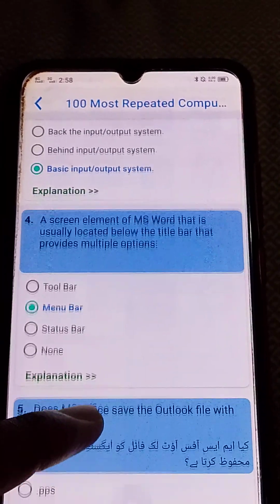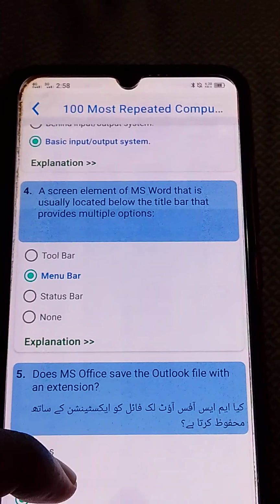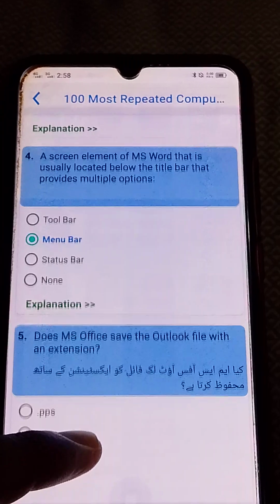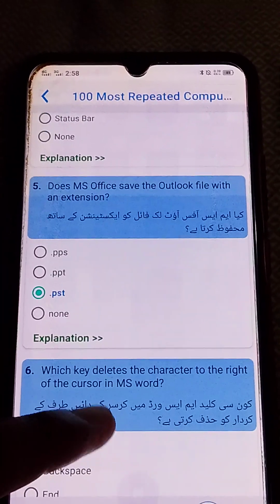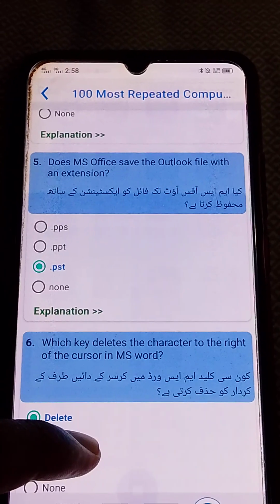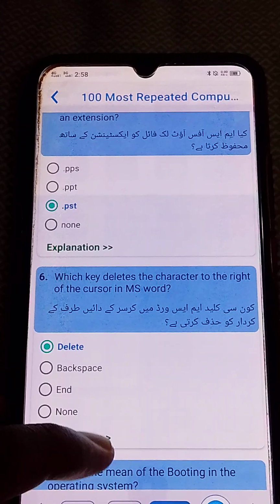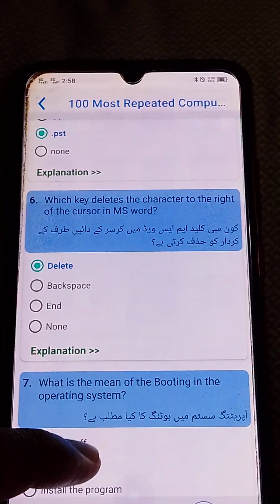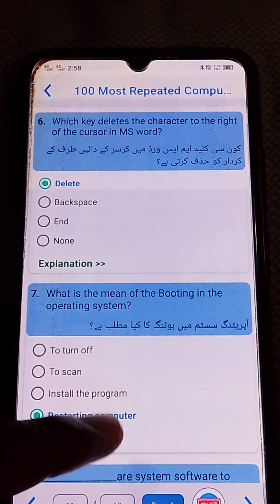A screen element of MS Word usually located below the title bar that provides multiple options is the menu bar. Does MS Office save the Outlook file with the extension .PST?